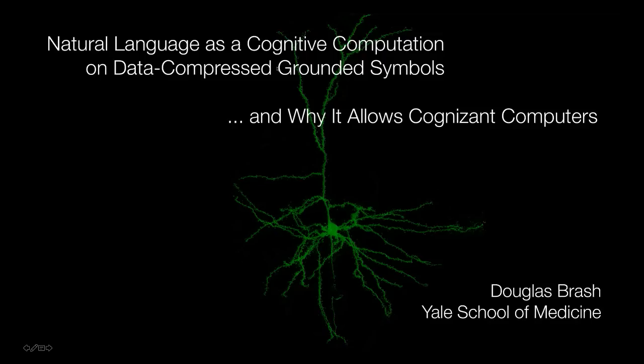And then what I'm going to point out is that these symbols have been data compressed, and that's why language looks as complicated as it does. And frankly, if it weren't for that, probably everything I'm going to say could have been discovered by Aristotle. It's just that I think nobody noticed these things. And an implication of this, we'll get to the end, is that it allows computers, I think, to do cognition. And I'm a little worried that AI is going to stumble across this accidentally.